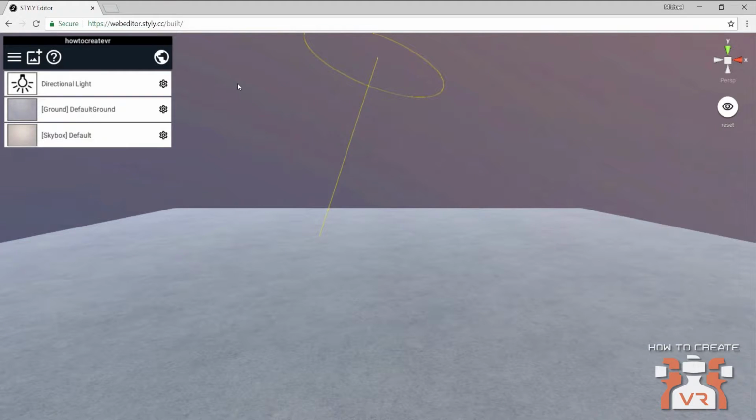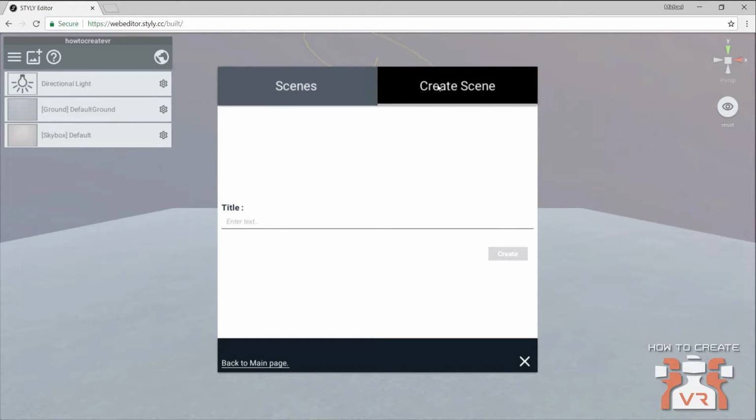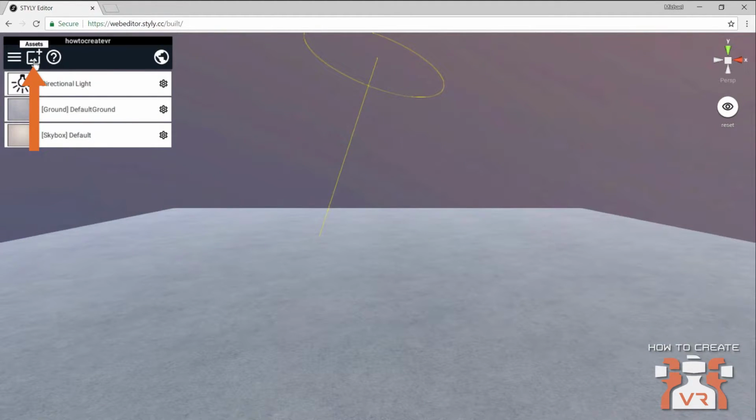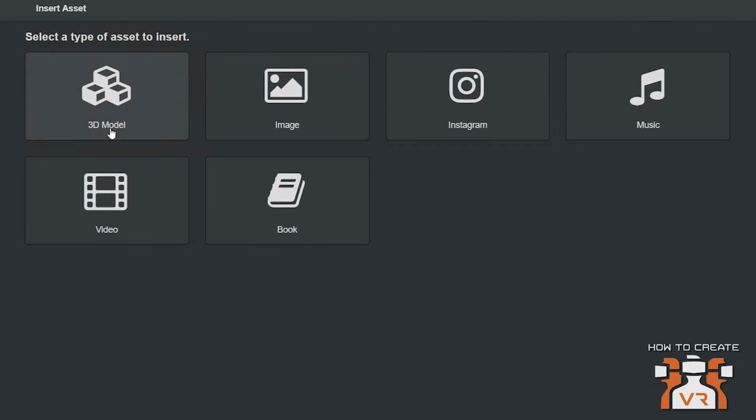So I'll give you a basic overview of the layout. As you see, it's a fairly simple UI. We have the side menu over here with the objects in your scene. You have your scenes. The scenes you already have, you can change between those or create a new one. You're not going to need this too much within here, but you might. Then there's assets. That's where all the meat is. That's where all of the videos and models and pictures and everything that's going to be in your scene,